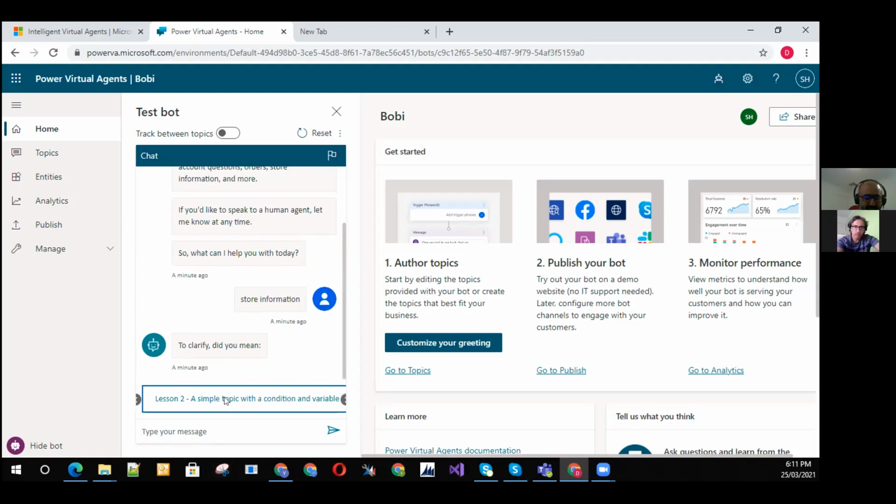To clarify, did you mean now, because this is just a trial and I have not done any changes to it, so it is bringing all these topics or suggestions which are available out of the box. But in a minute we will see how we can switch and make it more close to our requirements. So if I say store locations,